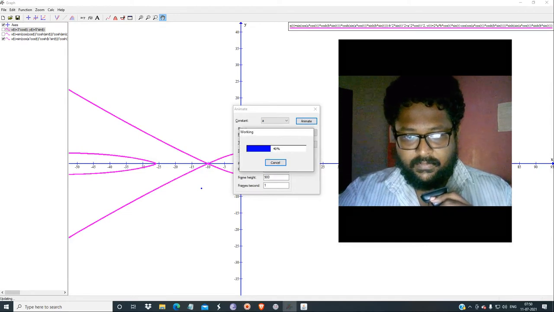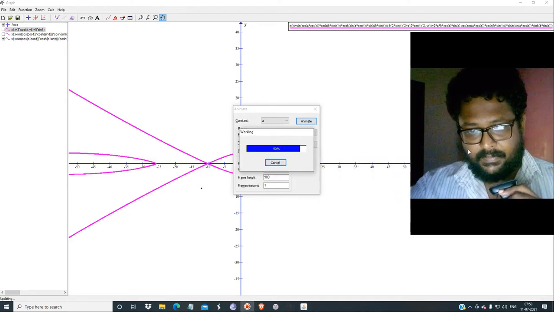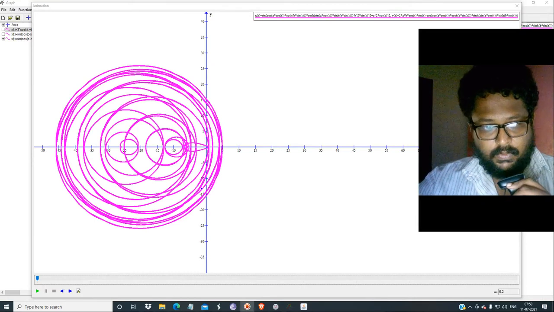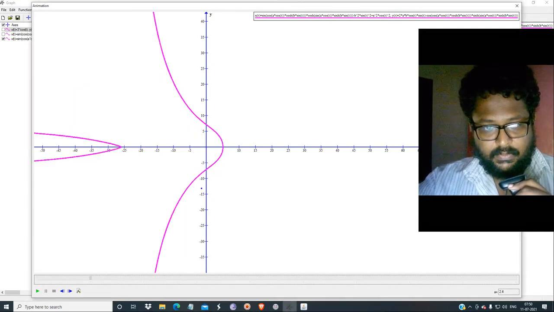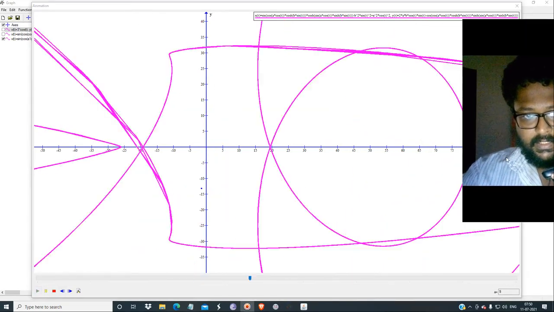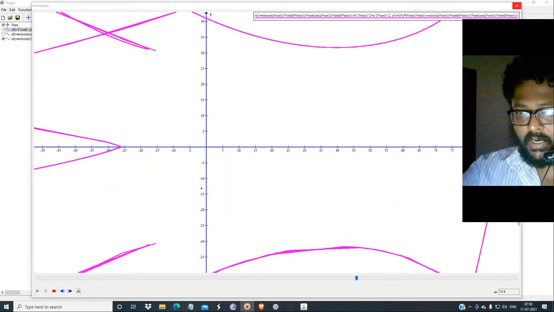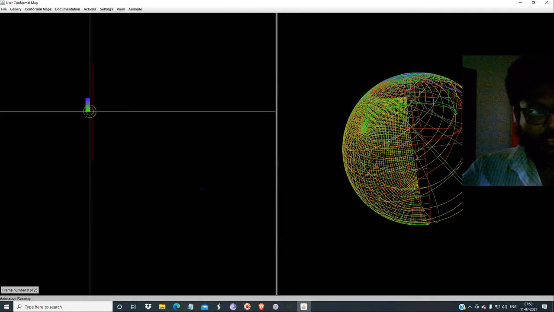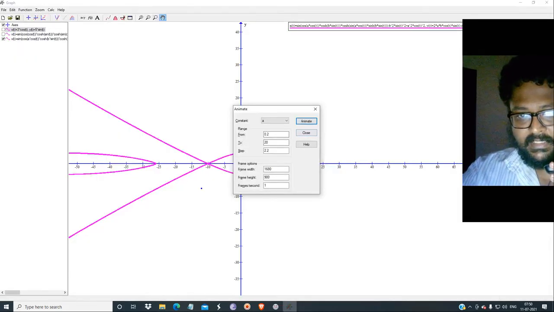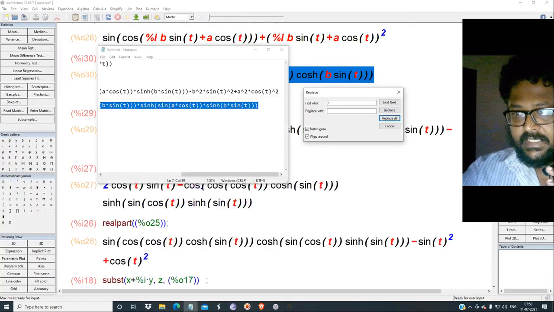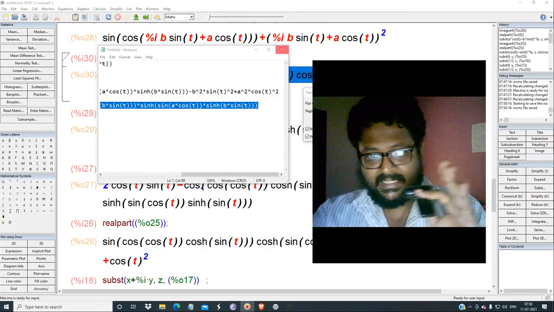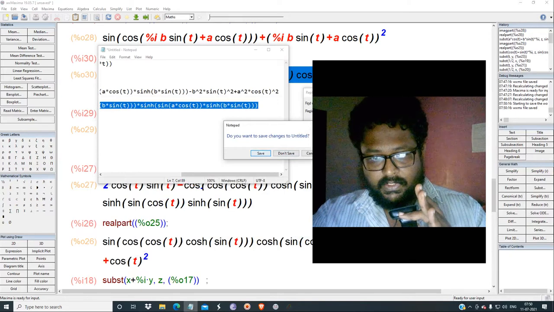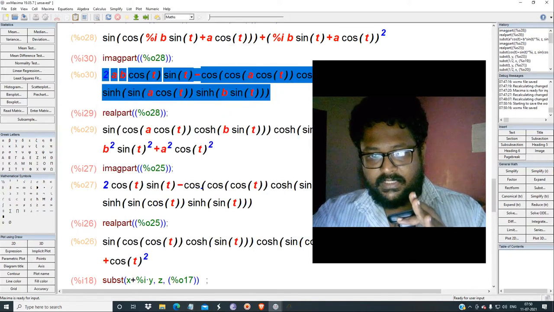Or just give the step size very big. So you have a function, and when you do it in this manner, it just deforms into very bizarre curves. This is what we have done over here. Okay, so just close this, explore my 3D, and the same thing is happening over here. You can scale it, translate it, rotate it, all those functions you can do. So these are the functions in a conformal mapping.